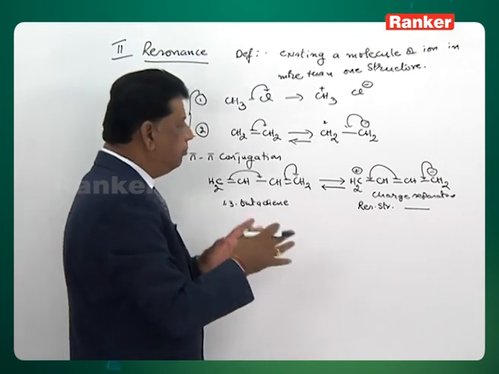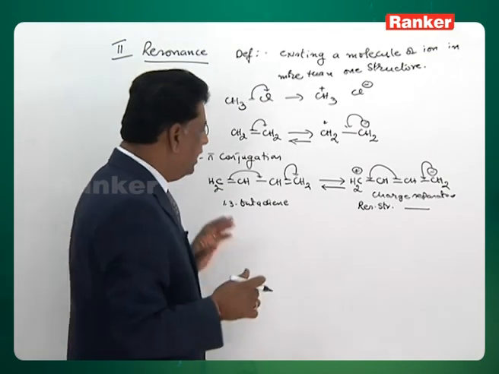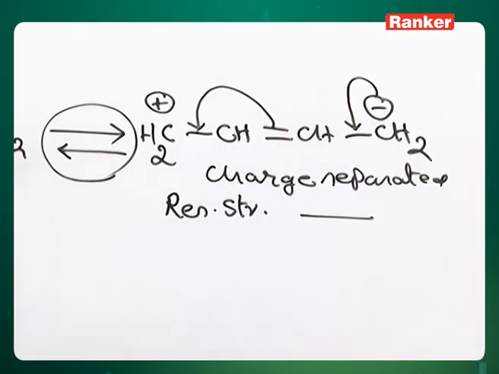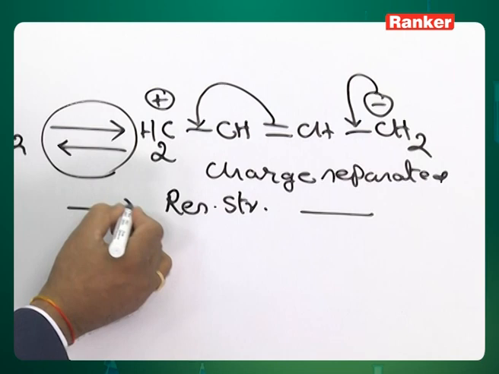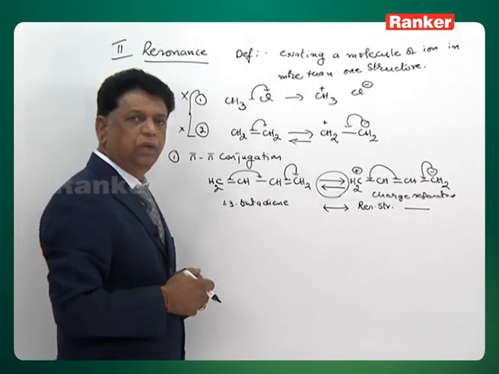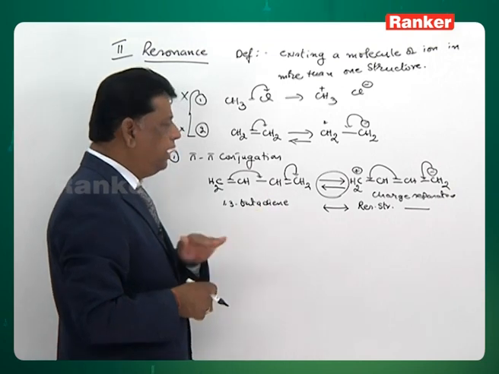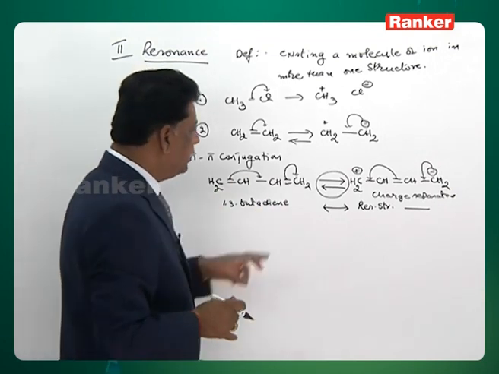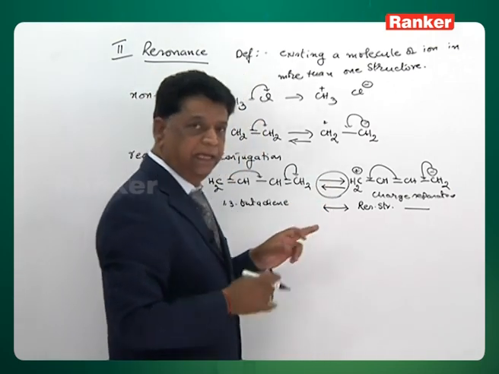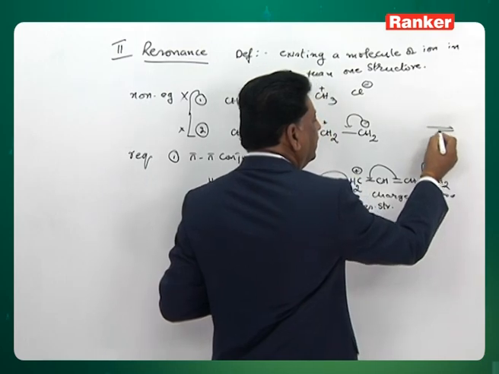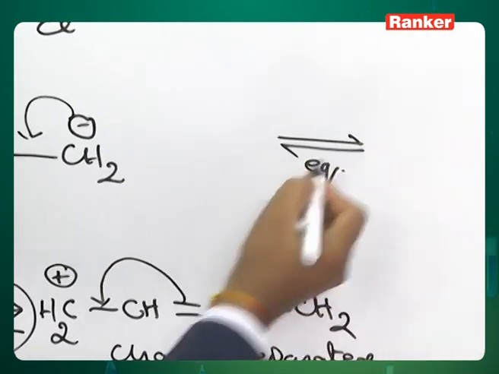Now these two compounds are rapidly exchanging, and a specific symbol is allotted instead of the two-sided reaction arrows: an arrow having two-side hooks. This is the special symbol used for resonance. It is nowhere allowed except for this particular one. These two arrows show there is an equilibrium, or you can use this type of arrows. These are all equilibrium symbols.